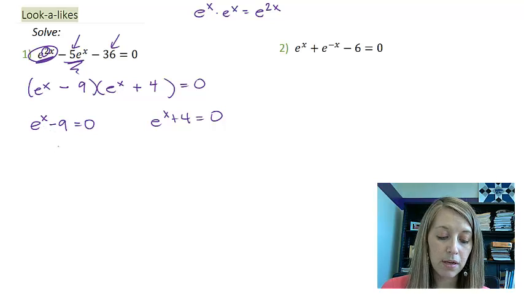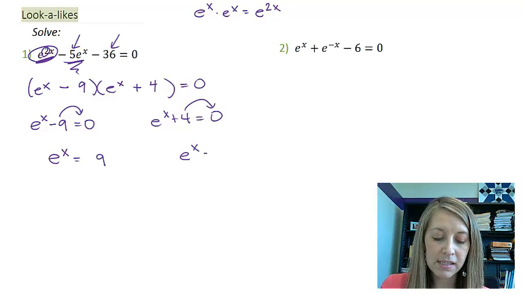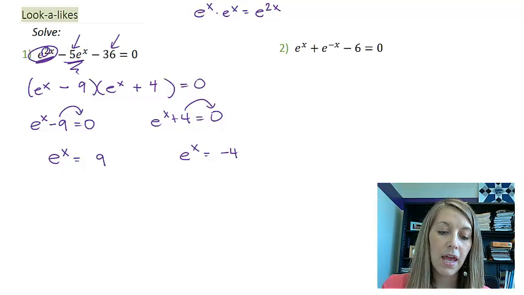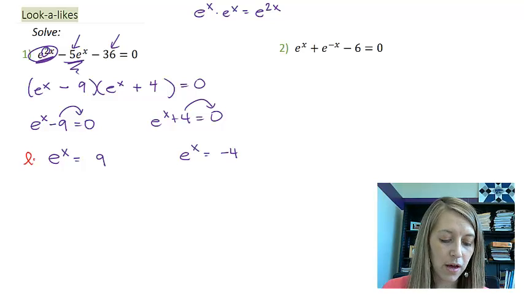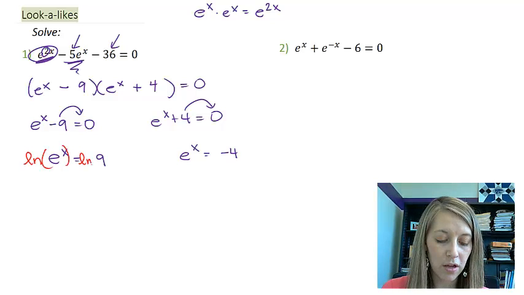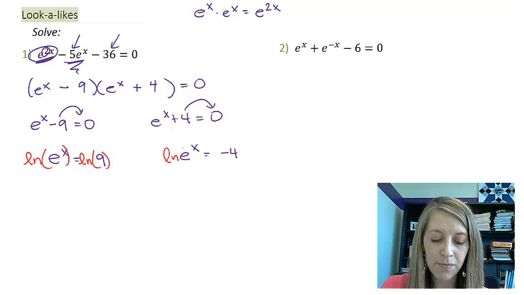Isolate my exponent, so I'm going to move my 9 to the other side. e to the x is equal to 9. Same thing here gives me e to the x is equal to negative 4. And then I know to cancel out an e, I take a natural log. So here I'm going to take natural log of both sides. And of course, same thing for this